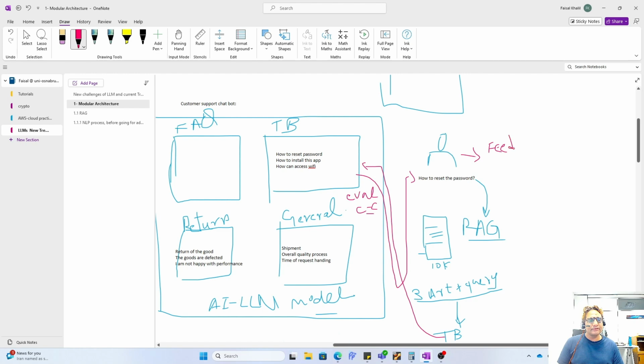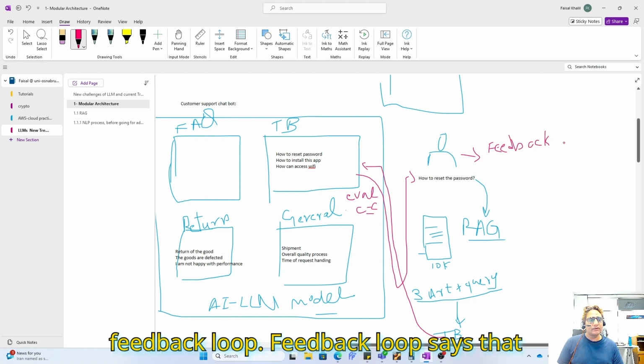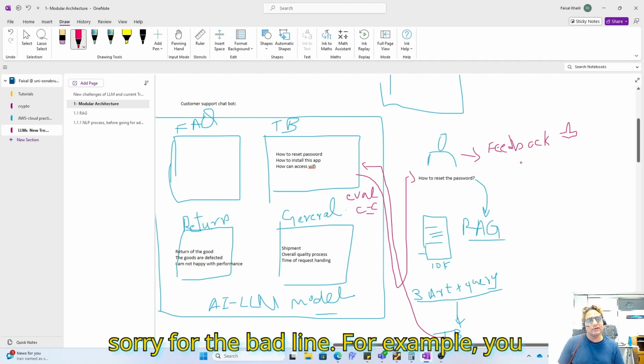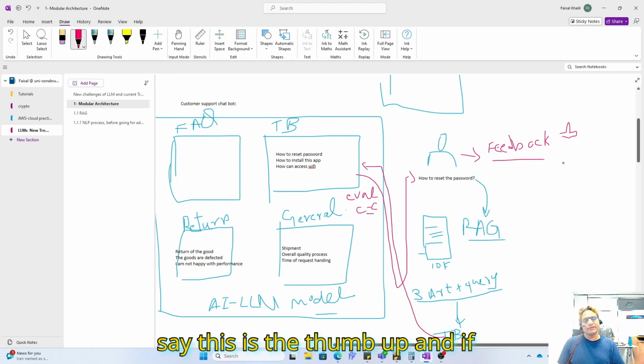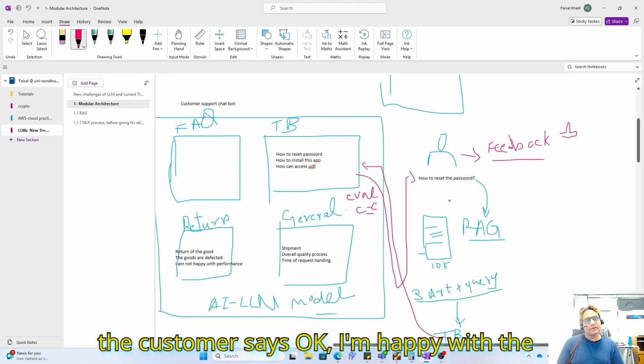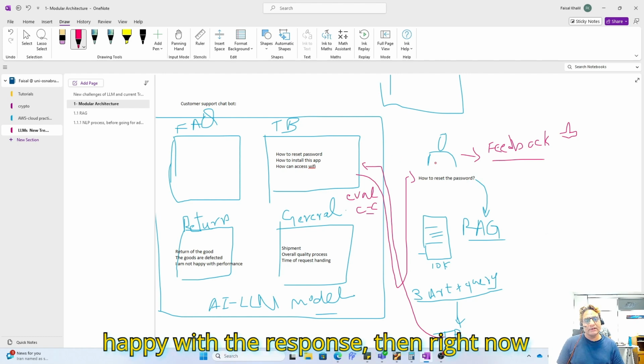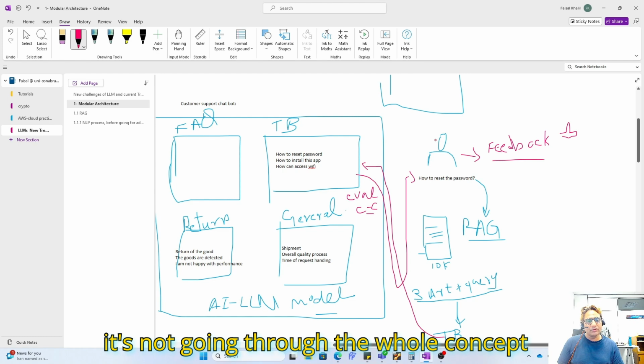This is a feedback loop. Sorry for the bad drawing. For example, we say this is the thumbs up. If the customer says, okay, I'm happy with the response, great. If the customer says I'm not happy with the response, then right now it's not going through the whole concept again.